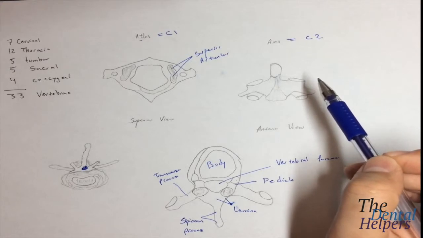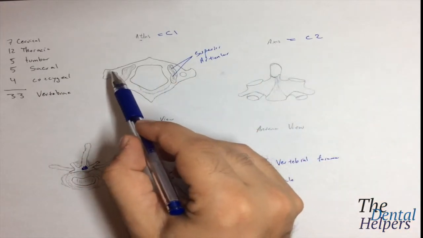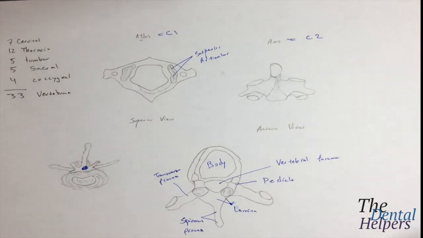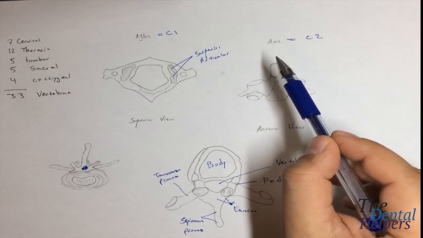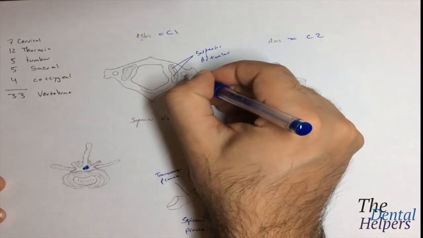There's also a transverse process, and the transverse process is going to be right around here, and this is going to allow for muscles to attach, and when the muscles attach, that's going to allow that control for the head movement. You have your transverse foramen,